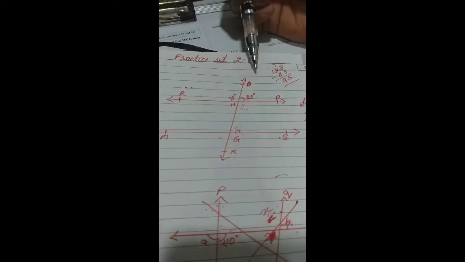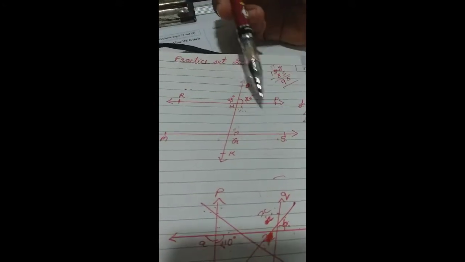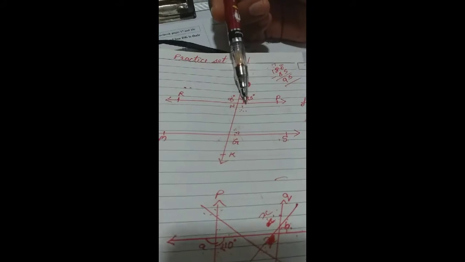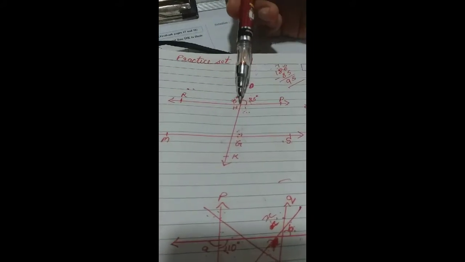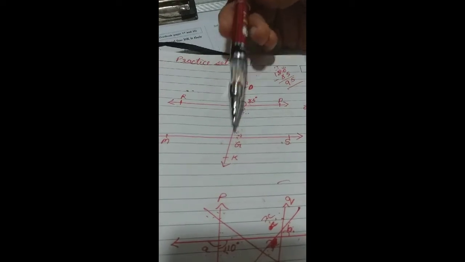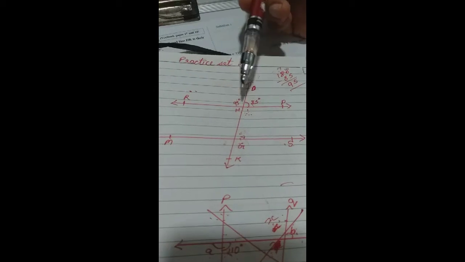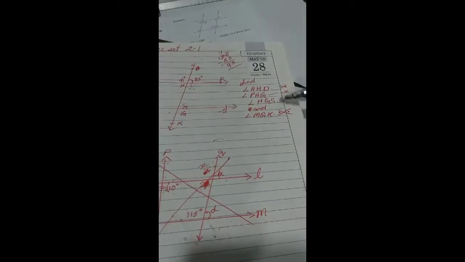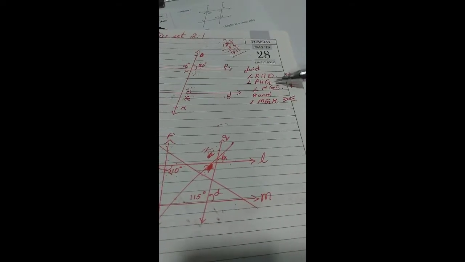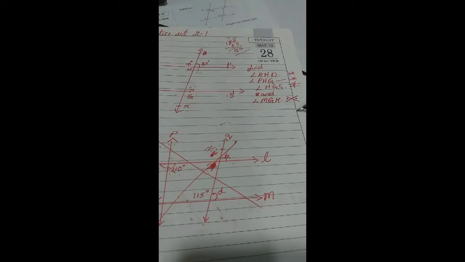Okay, look at problem 2.1 where line RP and line MS are two parallel lines, and the line DK is the transversal which intersects the two parallel lines at point H and point G. Given angle DHP is 85 degrees. The problem says we have to find angle RHD, angle PHG, angle HGS and angle MGK. Forget about the symbols, I'll explain later.